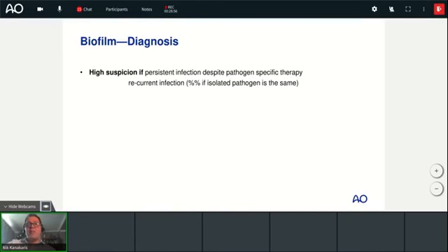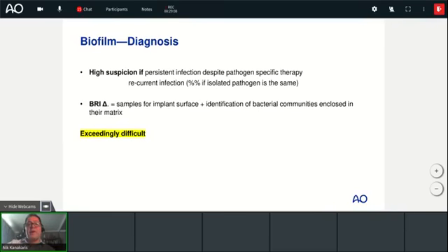To diagnose a biofilm, first of all, we need to suspect it. And we need to be highly suspicious in orthopedics when we have an infection that recurs or is not settling despite the appropriate antibiotics, or if we culture the same flora every time that we take samples. And the diagnosis needs samples from the surface of the implant,